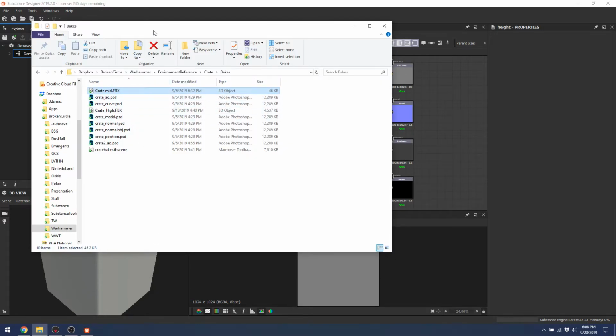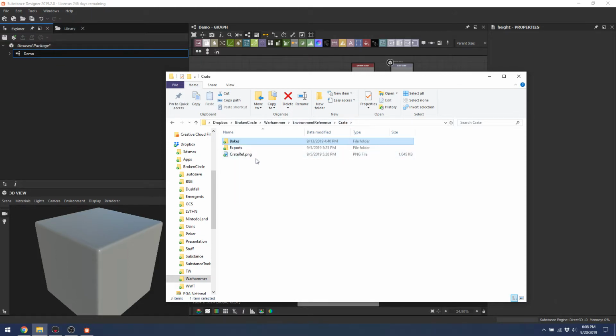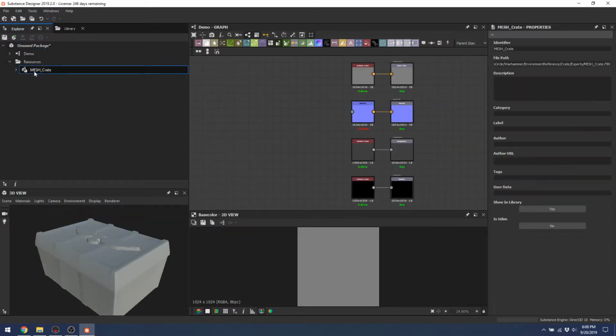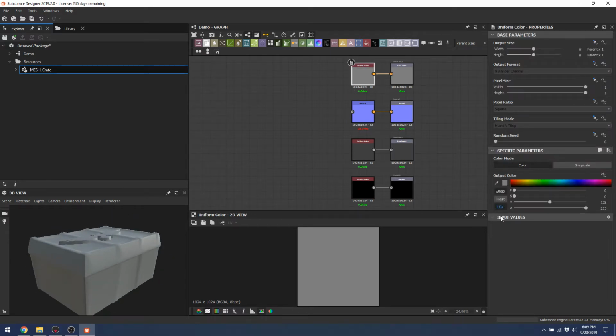So I'm going to bring in my crate so I can preview my texture on the crate. You don't need to have a model in order to work in Substance Designer, but if you have one in mind that you're planning to work with, it can be really helpful. So I just drag it onto the package, and under my resources, now I have my crate. Double click on it, and the crate will appear in the window, and as I change things in here, the crate should change as well after I